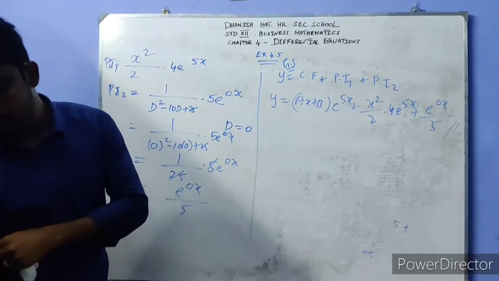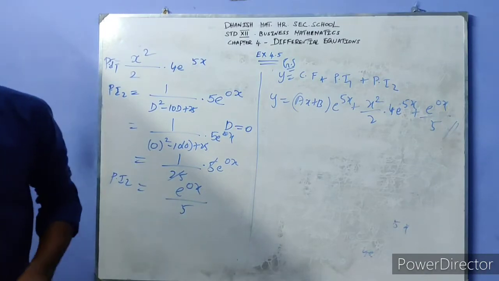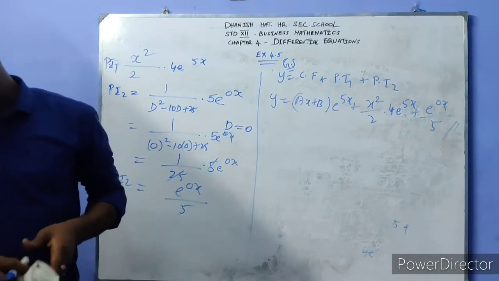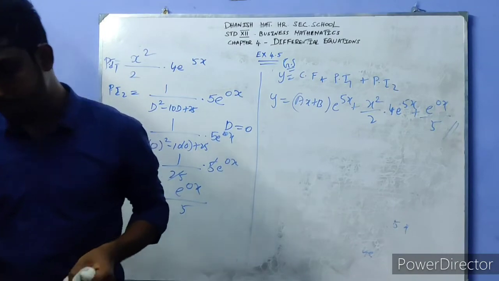Now the 11th question is homework for you. Let me see the 12th question. The 12th one is also homework for you. Let me see the 13th one. So 11 and 12 are related to the same method. We will see the 13th one. It will be the equilibrium method.